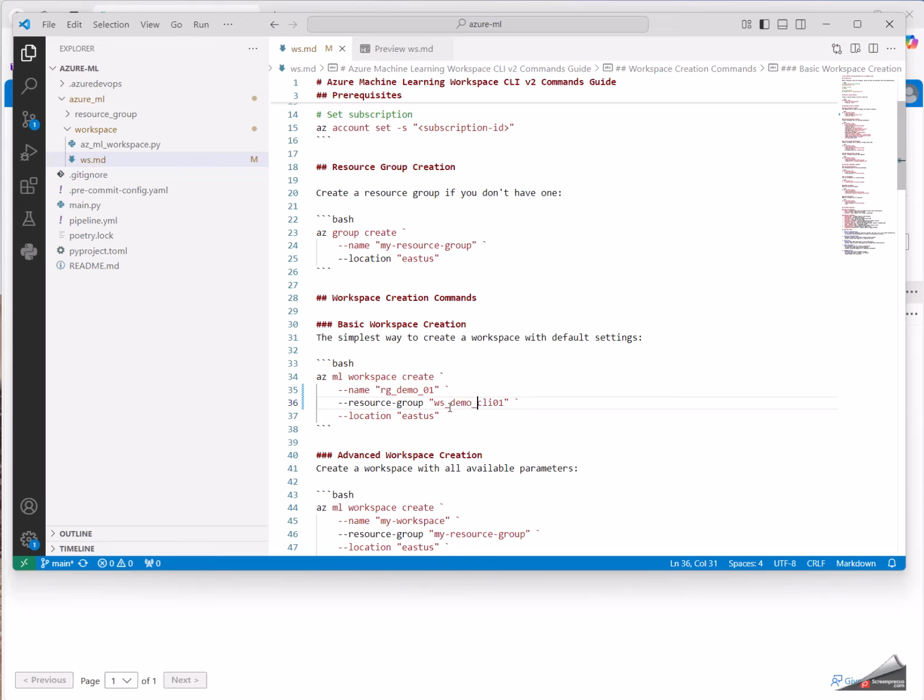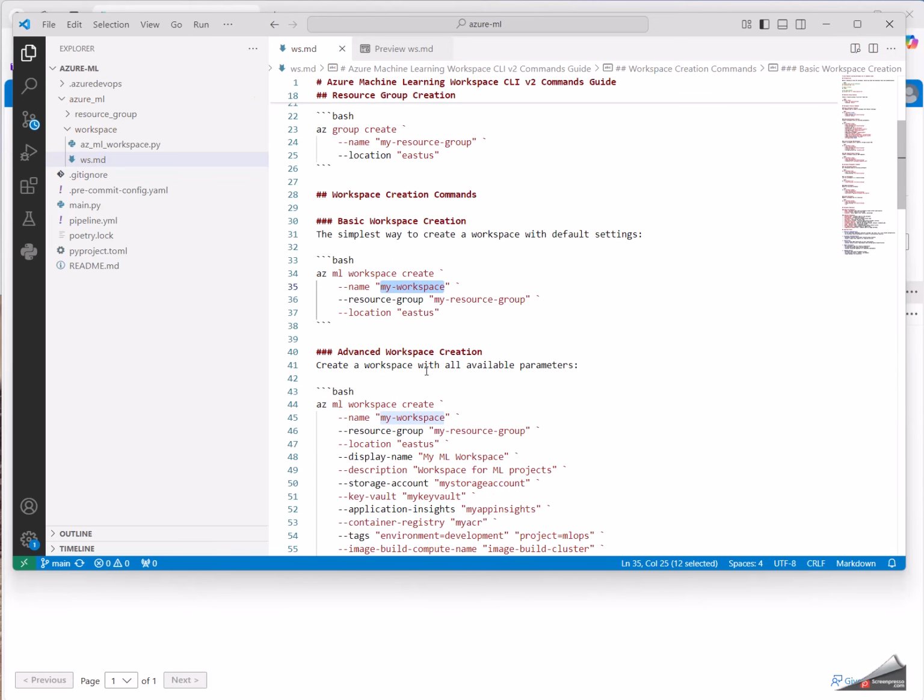Demo CLI 01. And also the name of the, no, sorry, this is not the right command. This one here. Right, just the workspace.